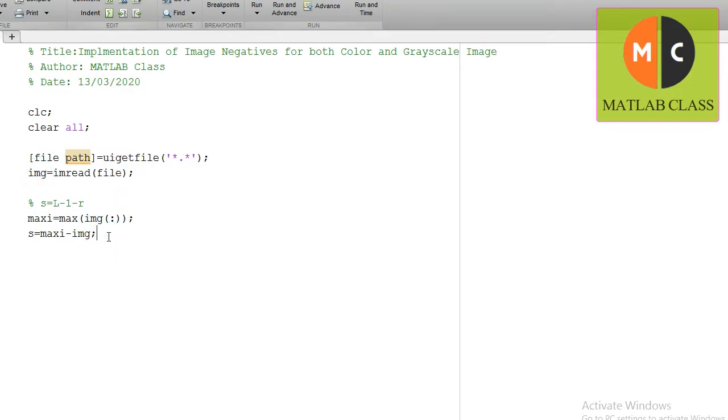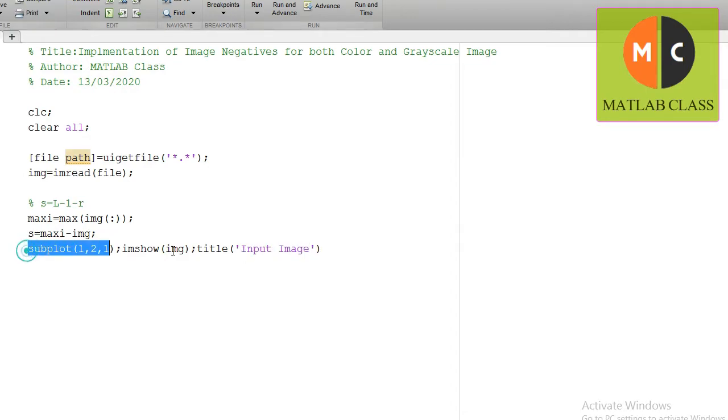Now I would like to show both the images in the figure window. So I'm going to write subplot(1,2,1); then imshow(img); the title of the figure is input image.